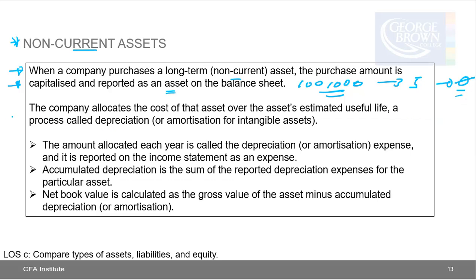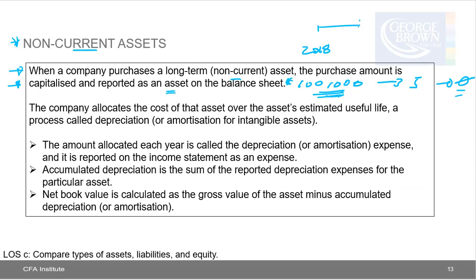So I'm going to show you a little bit of the accounting. Don't worry, you don't have to make any calculations, but it's just important to understand the concept: when I buy that truck for $100,000, let's say I did that in 2018, it's not an expense for 2018